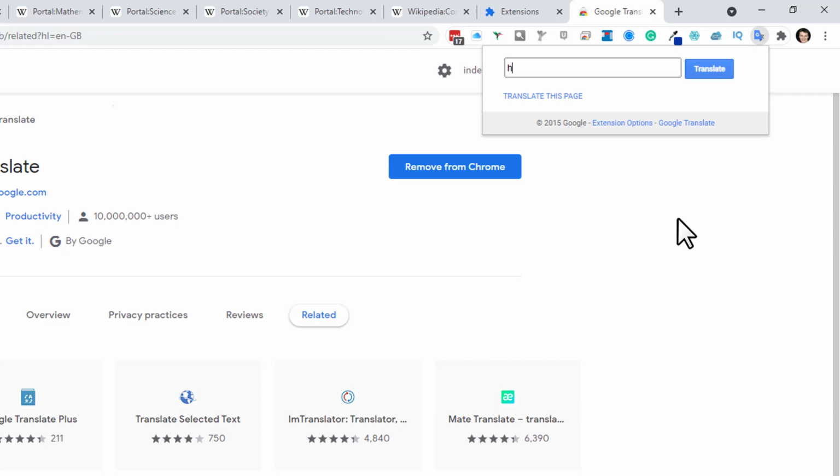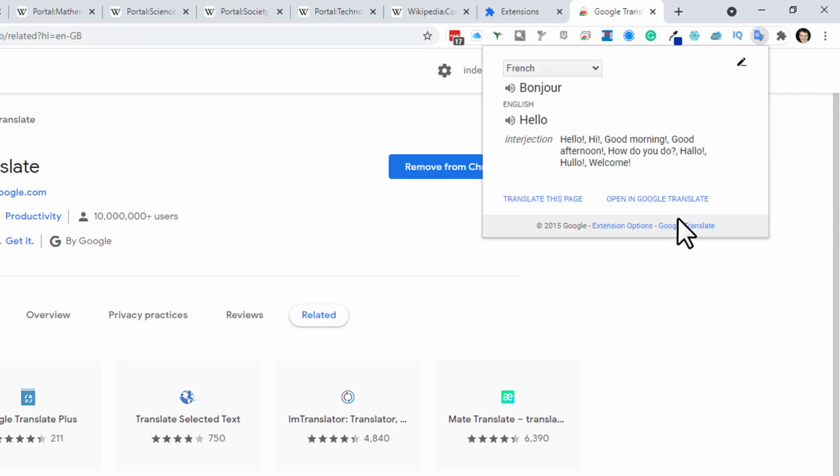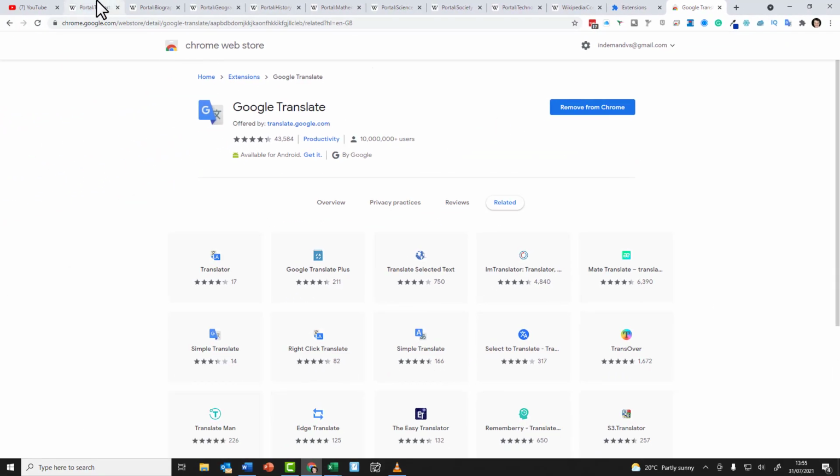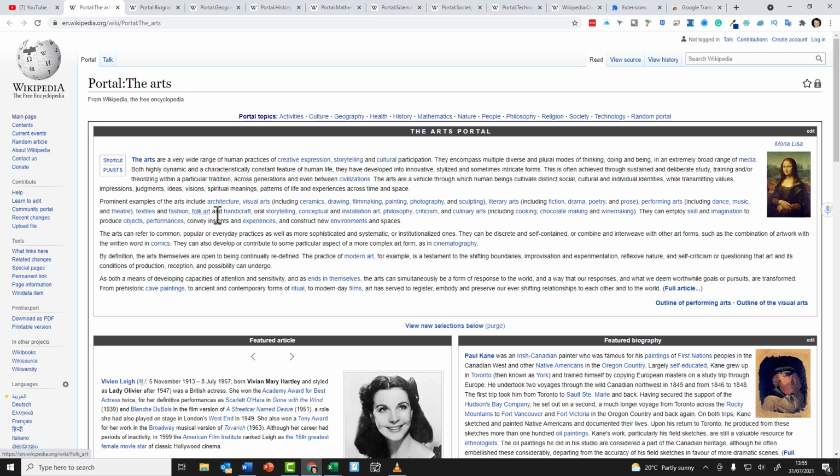So if I want to translate, I don't know, bonjour, it tells me that's French for hello. I can even listen to how it's pronounced. Okay, but also if I go back to, let's say, this page here, and I want to translate